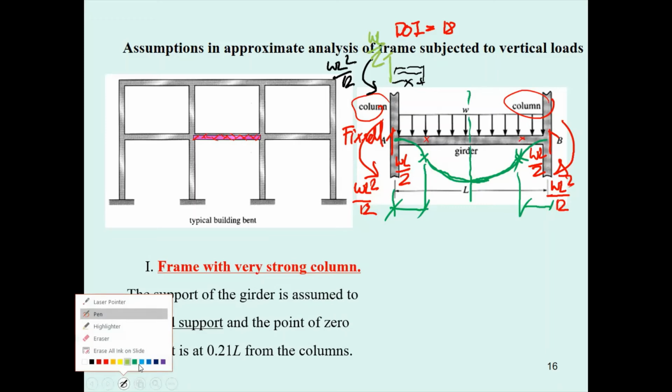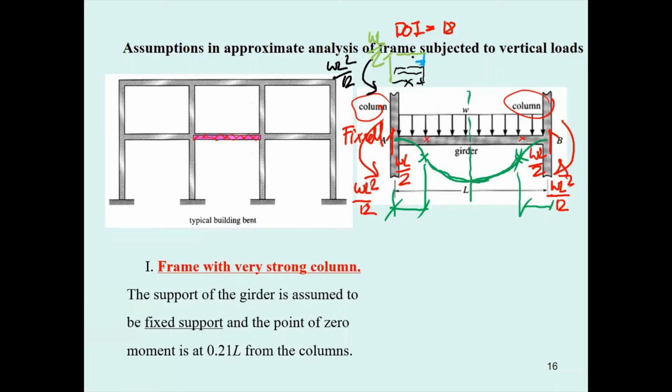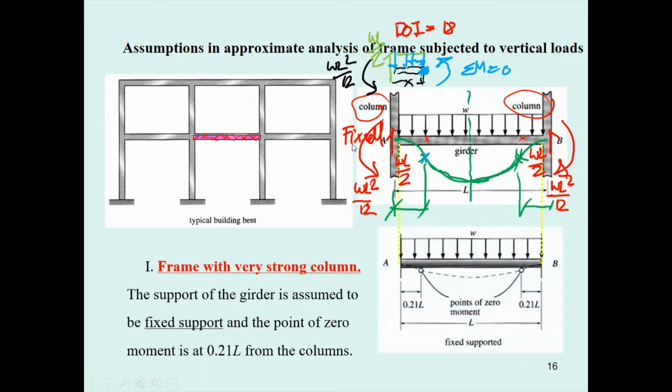And also there is the uniformly distributed load acting in this X portion, and then this is the inflection point. You may do the summation of the moment equal to 0 here, and you can determine X equal to 0.21